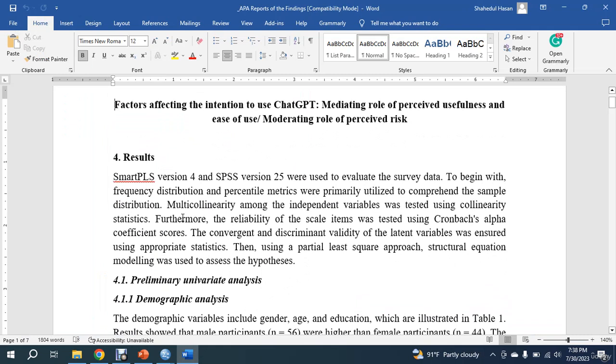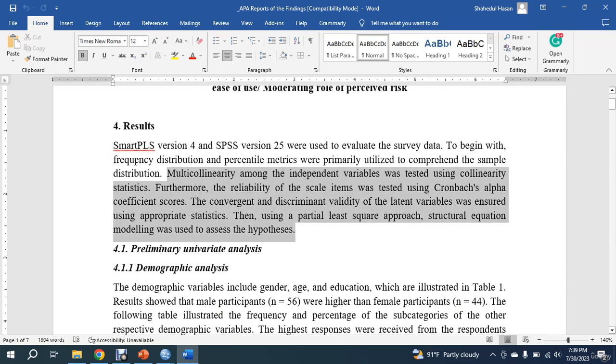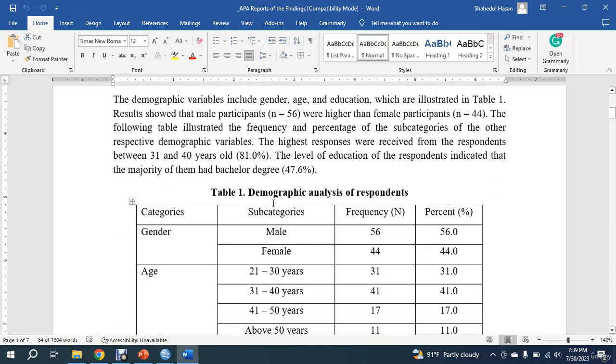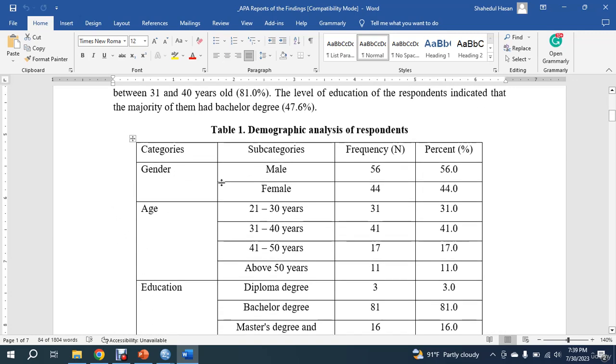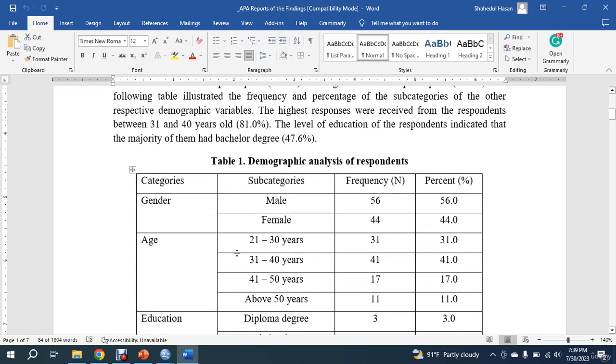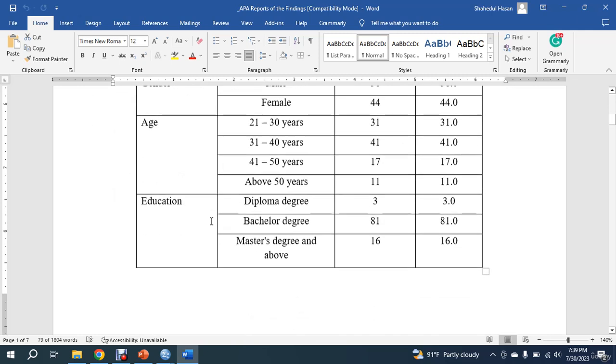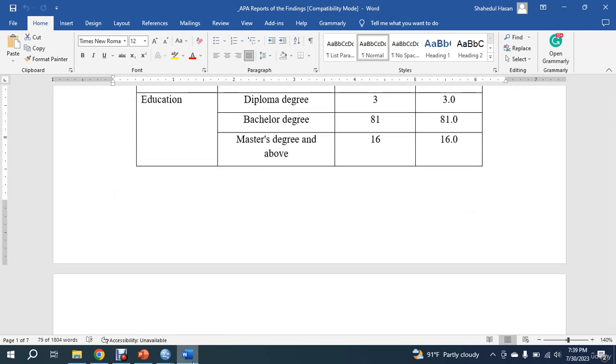Here is a sample result chapter that I have given. Smart PLS version 4 and SPSS version 25 are used to evaluate the data. Then I have given a short introduction of the result chapter. Then the preliminary univariate analysis, demographic analysis: I have sorted the table here, put the frequency and percentage only of the gender, age and education, and described the table over here. After that, I have